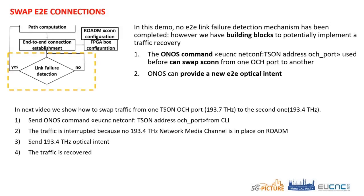In this last part, we cover the link recovery from a failure. The failure detection mechanism is not yet implemented. However, we have some building blocks to potentially allow for this. Firstly,